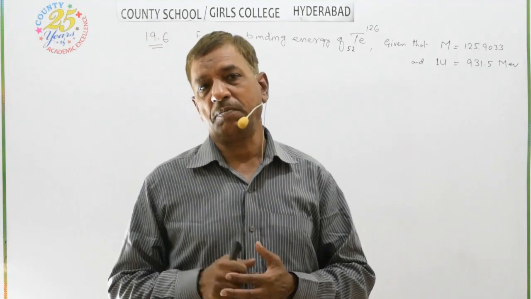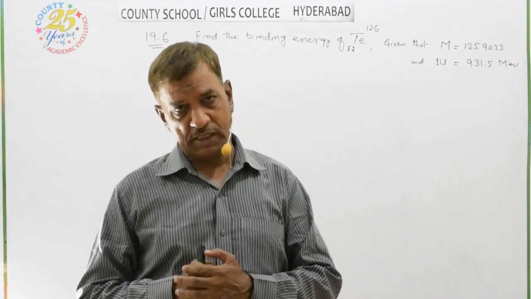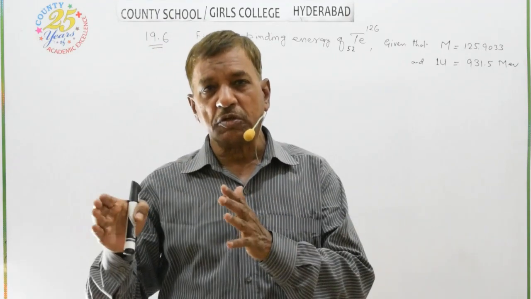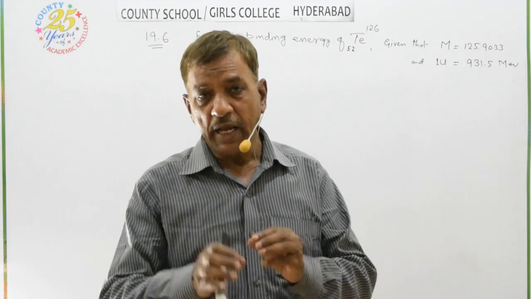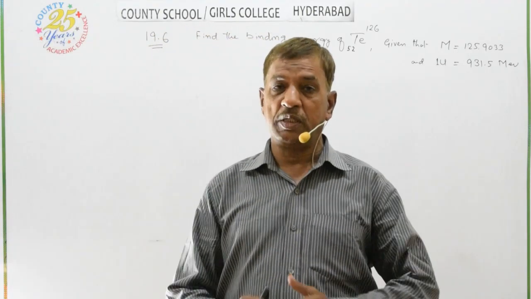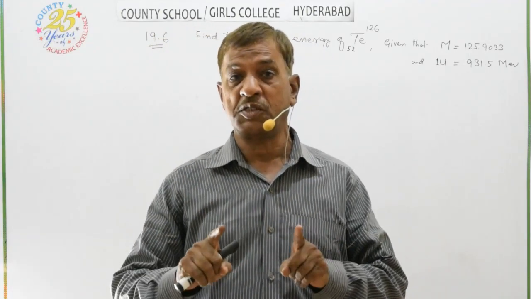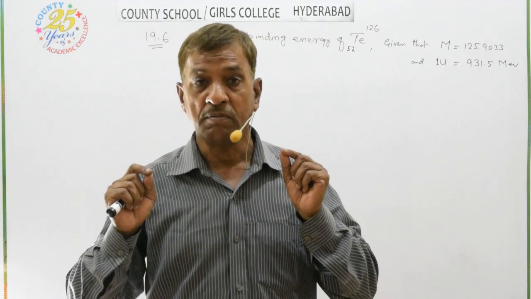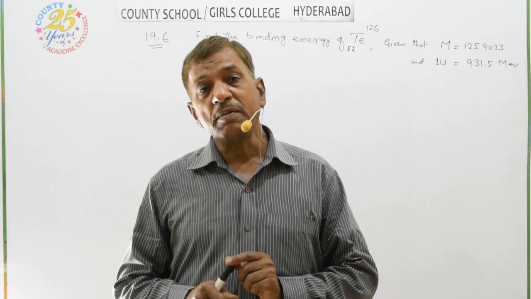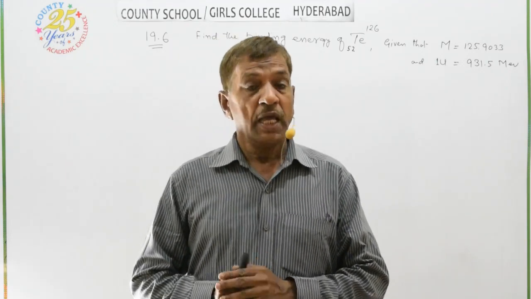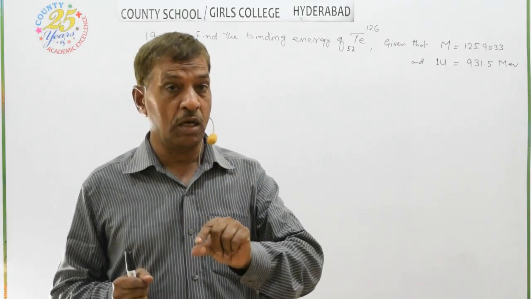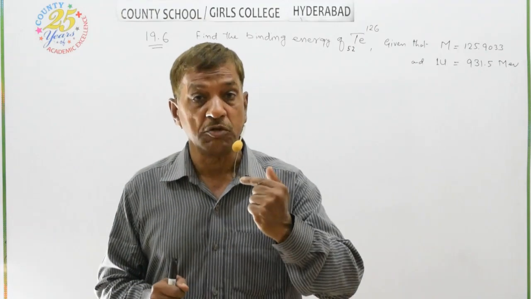Mass defect, again I repeat, is the mass difference between the constituent nucleons in the nucleus and the mass of the stable nucleus as given in the periodic table. That difference of mass is known as mass defect or mass deficit of the element. Since every element has mass defect, due to mass deficit we calculate the binding energy of the element for that nucleus.